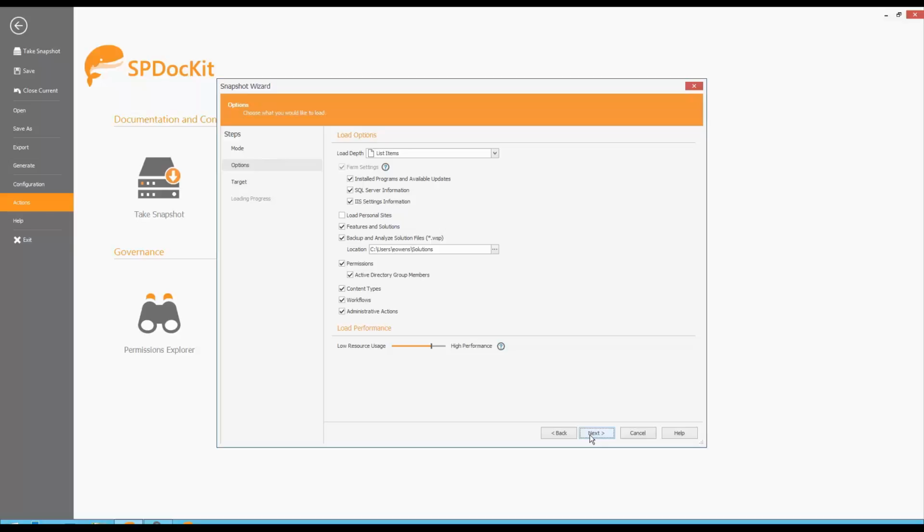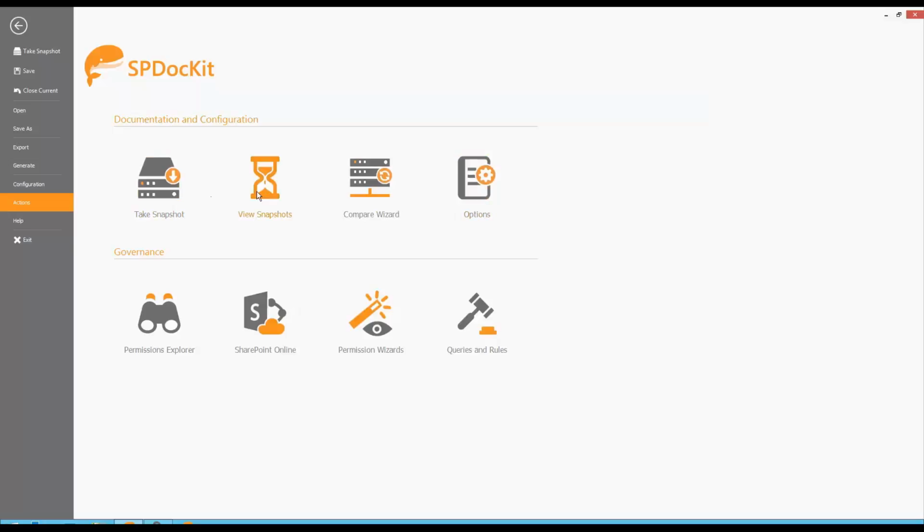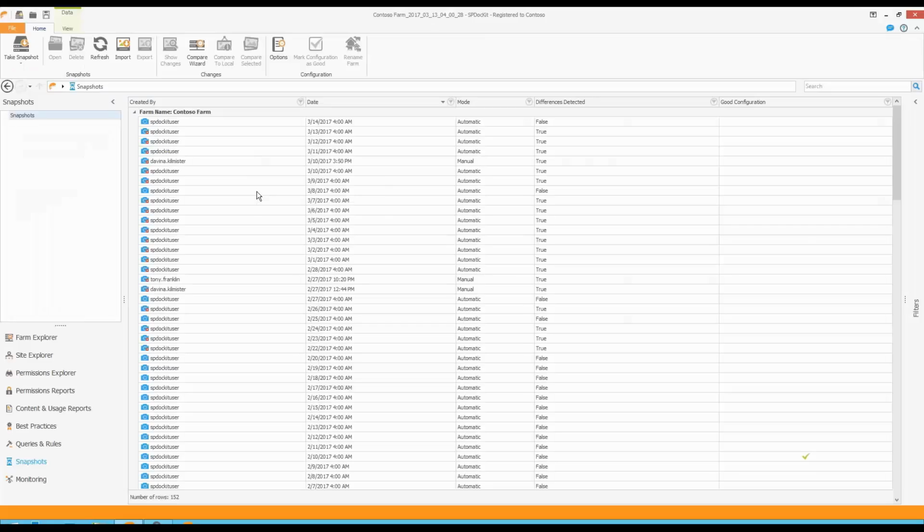Taking a snapshot takes a couple of minutes, so to be more efficient in this demo, I'm just going to cancel this dialog, and then we are going to go to the history of snapshots that I already created just for you guys. As you can see here, I have a list of snapshots, and these snapshots are created every day on a scheduled basis. So I have configured my SPDocKit to create a snapshot every day, so I can have a snapshot every day that can be compared to different snapshots on the same system, or I can even use it to compare to different